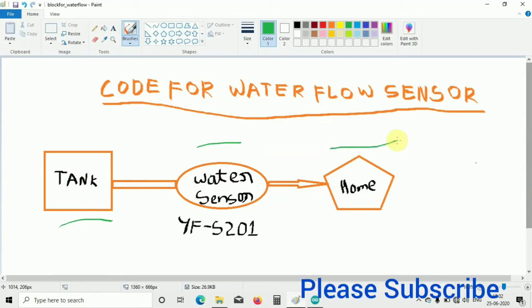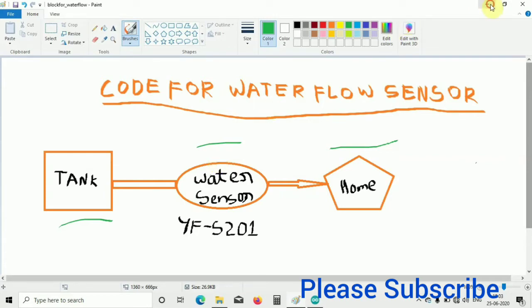It can be anything where we want to use the water. We just want to measure how much water has passed through this sensor. How can I do this? With the help of an Arduino Uno board, which uses the ATmega328 microcontroller. It is connected with the YFS201 magnetic Hall effect sensor, which will measure the amount of water flowing through that sensor in 1 hour, or we can take a loop to count it for 30 days as well. I will be calculating how much water flows through it in 1 hour.